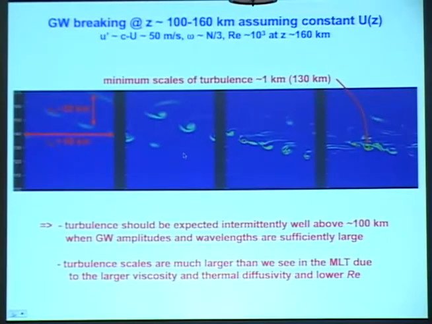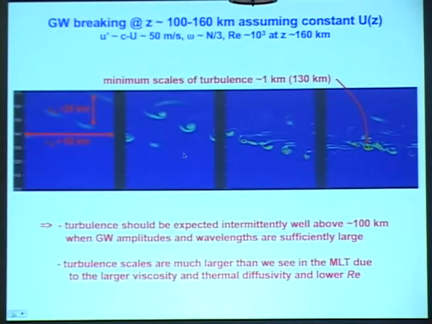So this, again, is a time series. Horizontal distance here, 60 kilometers, is the wavelength that we've assumed. Vertical distance, you won't be able to see the scale, but it goes from 100 to 170 kilometers. In this case, this wave penetrates as it goes up, and it does not achieve a sufficiently large amplitude to exhibit instability until it gets up to about 150 or 160 kilometers. At that stage, the initial wave has an amplitude of about 1. It's beginning to be convectively unstable. It gives rise to the sorts of instabilities that we expect for the same type of instability at lower altitudes and higher Reynolds numbers.